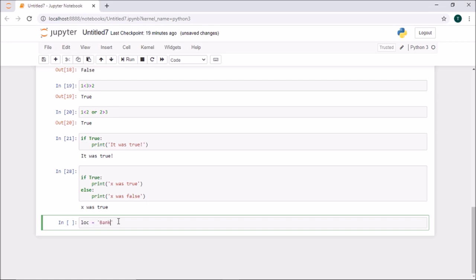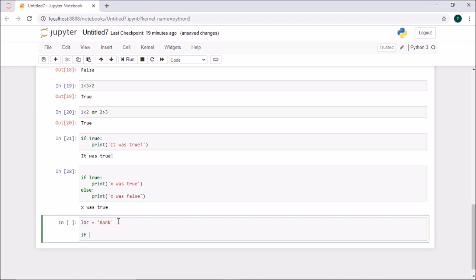Let it be bank. Okay, I'll make another line. If LOC is equal to shop.